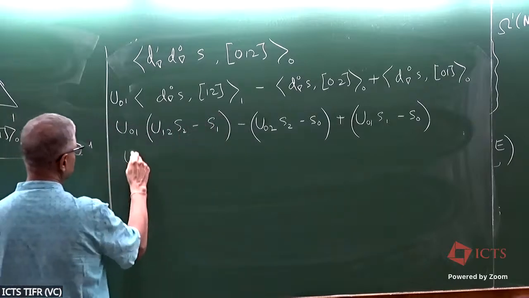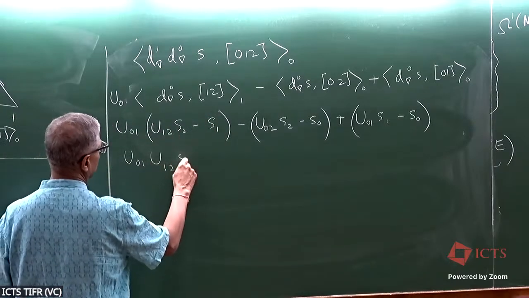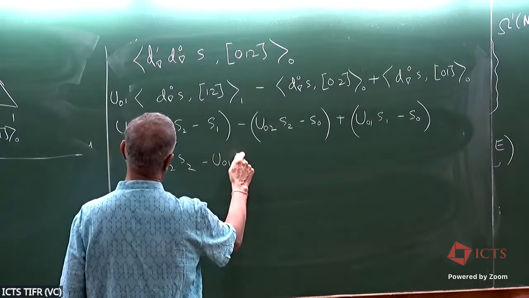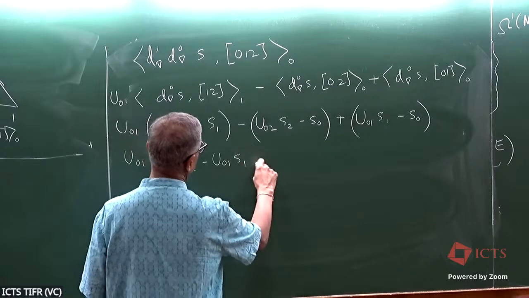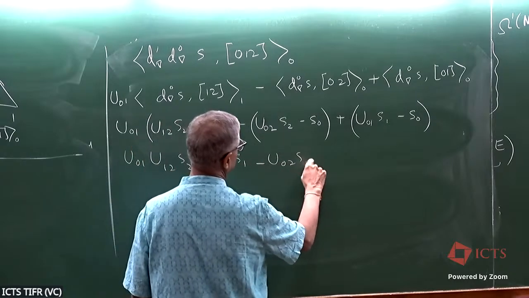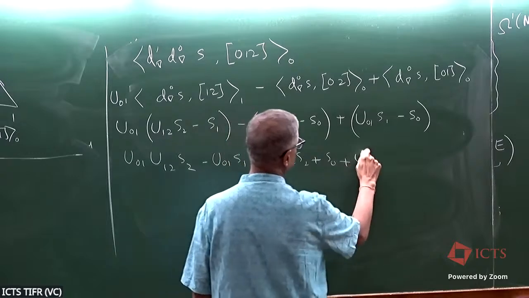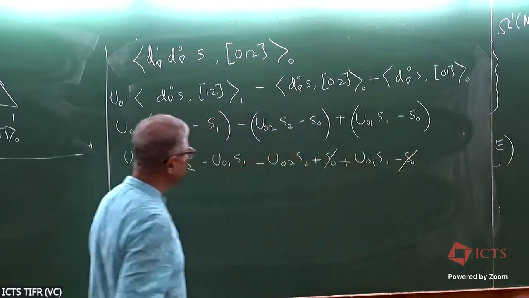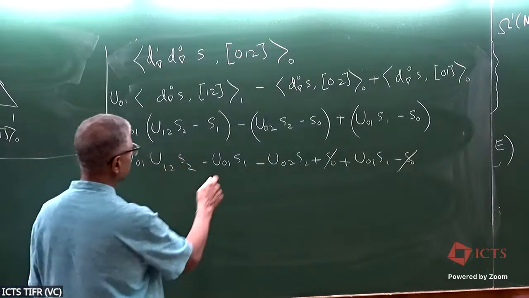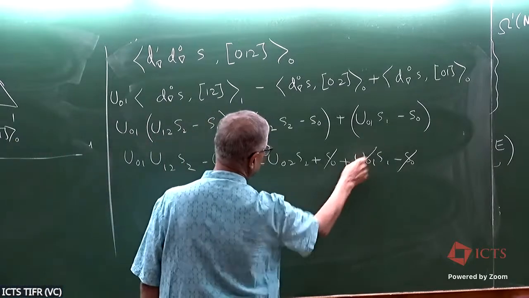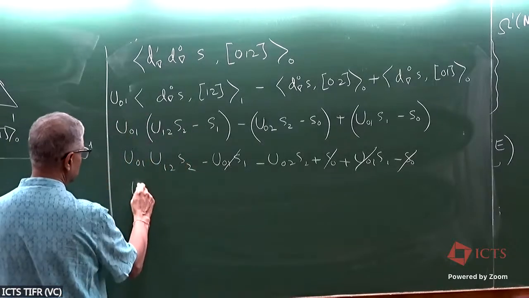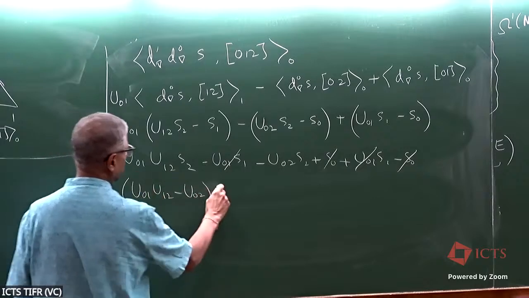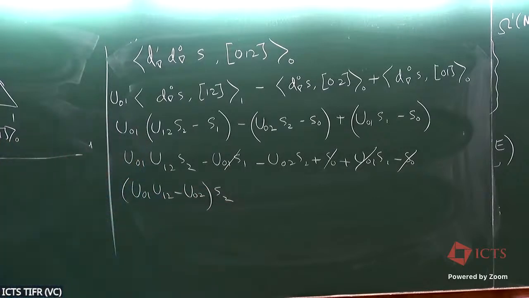So this is U01, U12, S2 minus U01, S1 minus U02, S2 plus S0 plus U01, S1 minus S0. So these cancel and these cancel. So what you're left with is U01, U12 minus U02, S2. So this